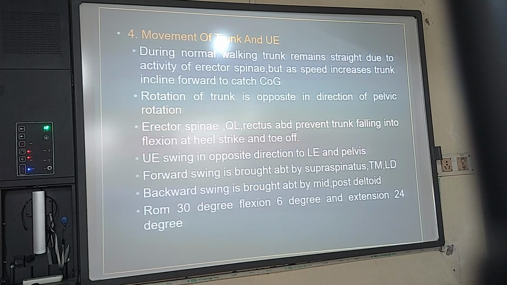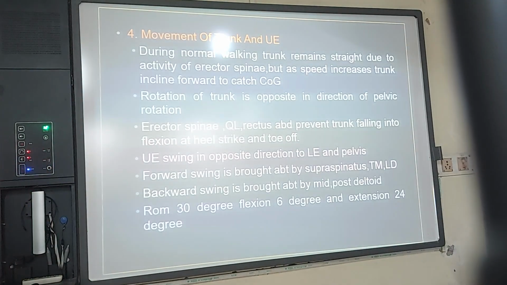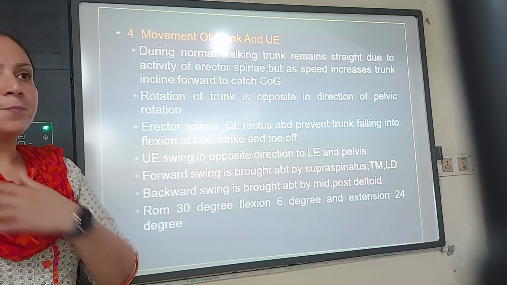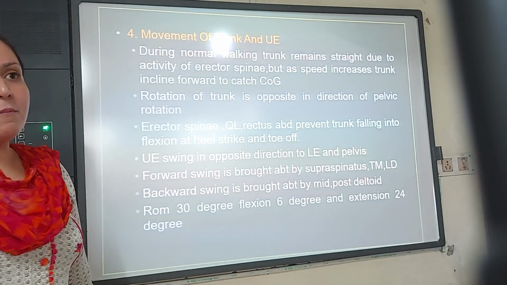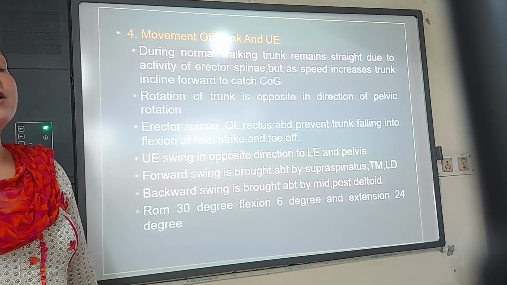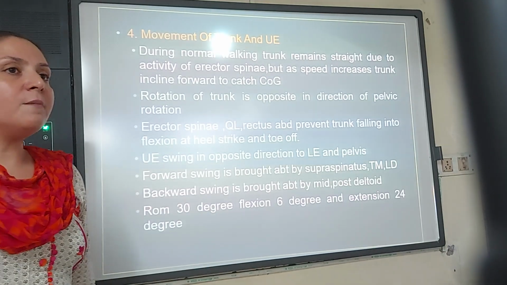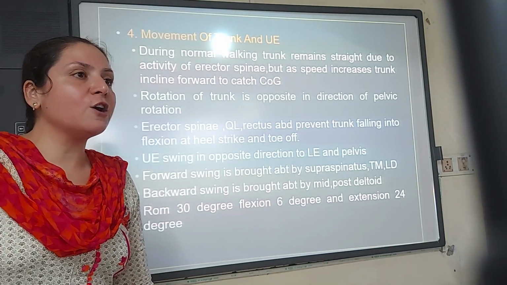It is very important to tell you this. This is the flexion movement of the trunk. As soon as I heel strike, there is a tendency for me to fall, so my trunk has moved this way. The tendency of my arm to move backward in extension is around 24 degrees, but this arm movement is only 4 degrees of flexion.